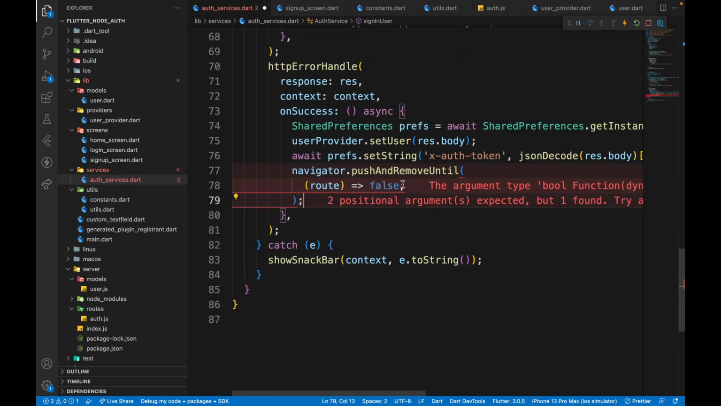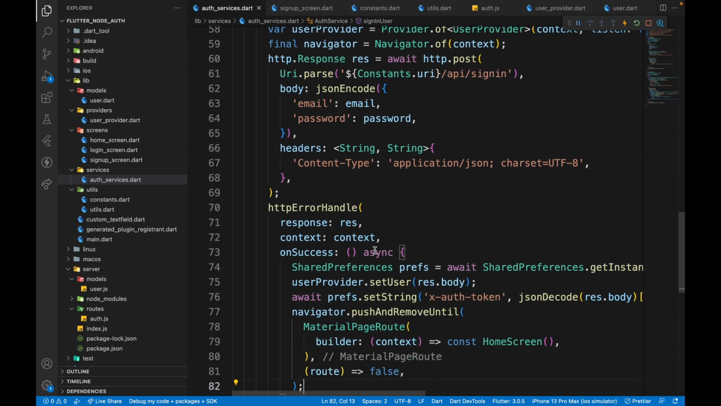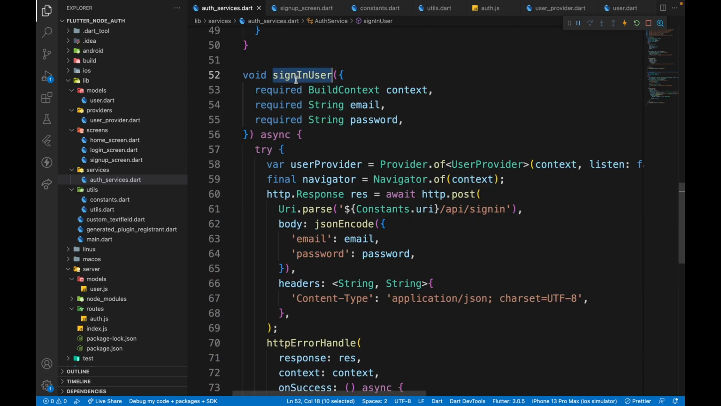Having this done, we just need to use Navigator.push and here pass in the route that we need to push to, which is the home screen. After saving all of this, I think we're done. Looks good enough, so we can just take this sign in user,